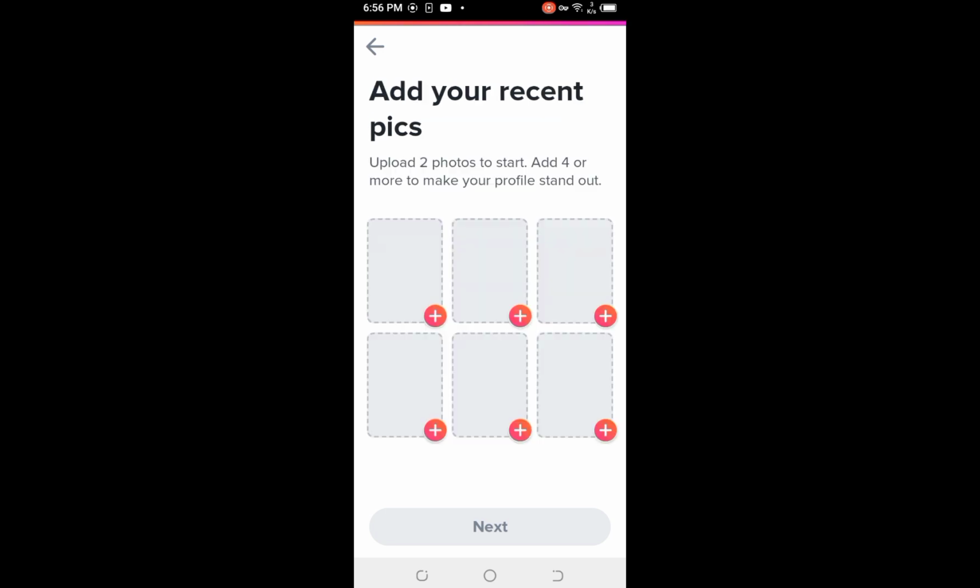After this, Tinder allows you to upload up to 9 photos. So you can click on this plus icon to add the photos. And if you logged in by Facebook, you can simply import photos directly from your Facebook albums. You can also upload photos directly from your phone's gallery. Make sure to use clear and high quality photos that showcase your face and personality. Avoid group photos where it is hard to identify you.